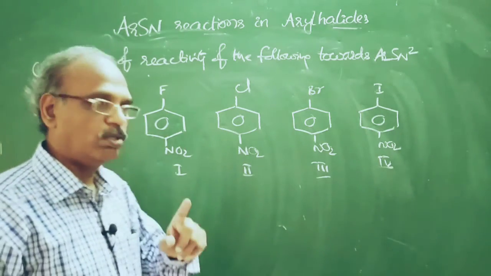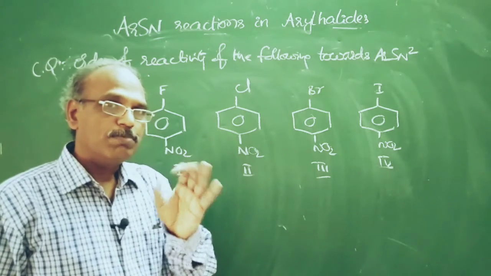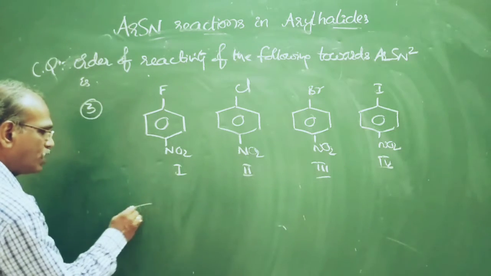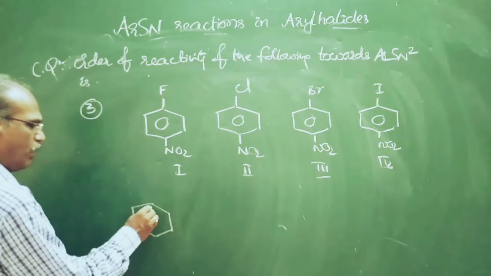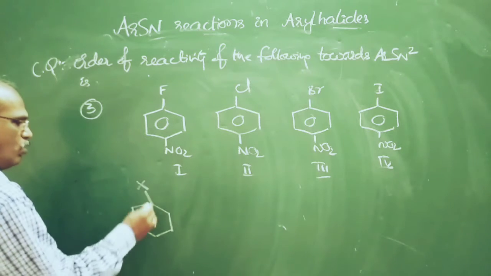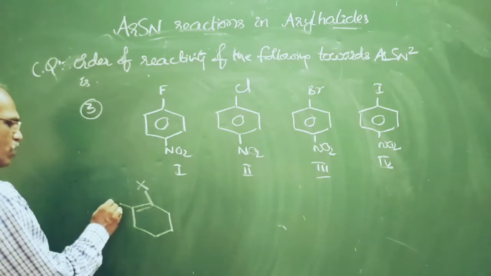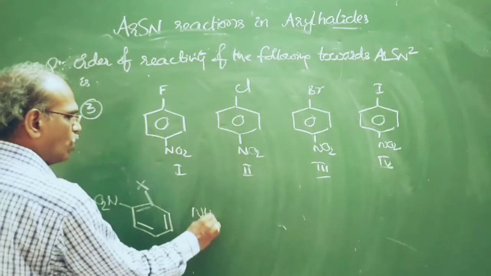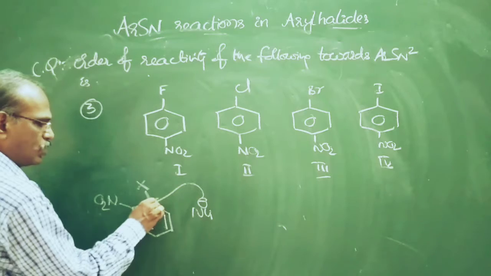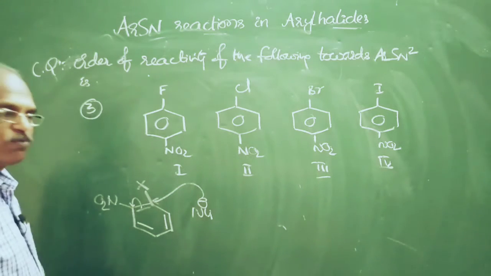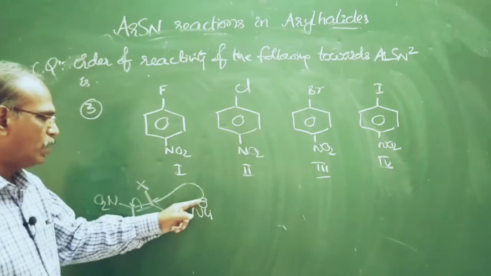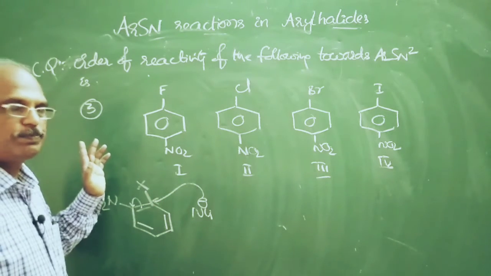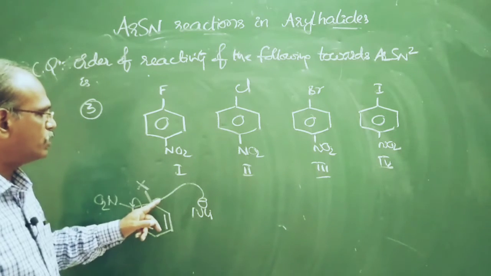See, that's why I told you, you have to remember the rate determining step. What's the rate determining step in the carbanion mechanism? See, halogen, here electron withdrawing group, say NO2, nucleophile attacks on this first step. This is the rate determining step. Nucleophile attacks on the carbon bonded with halogen because of this positive charge. Okay.